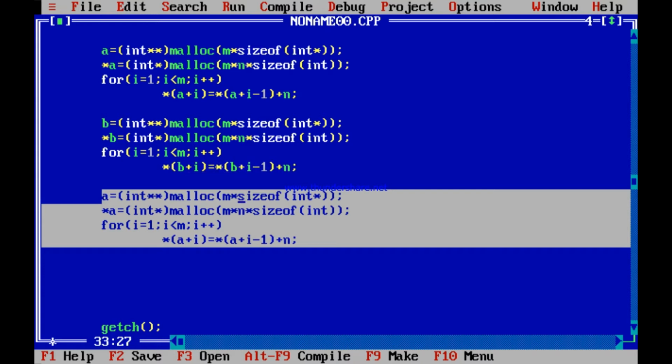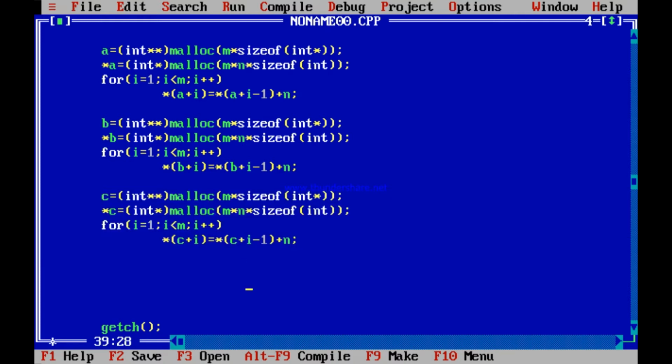Absolutely same otherwise. So every time they say this is C, you find this A, you replace it by C. This A you replace by C, and this A you replace by C, and this A you replace by C. So this whole thing is done now. A, B, C allocated. Now you want to scan A and B array. So how you do it?